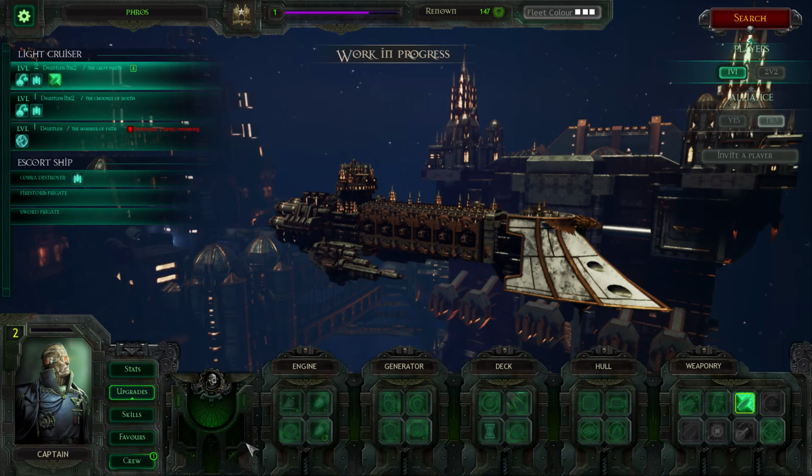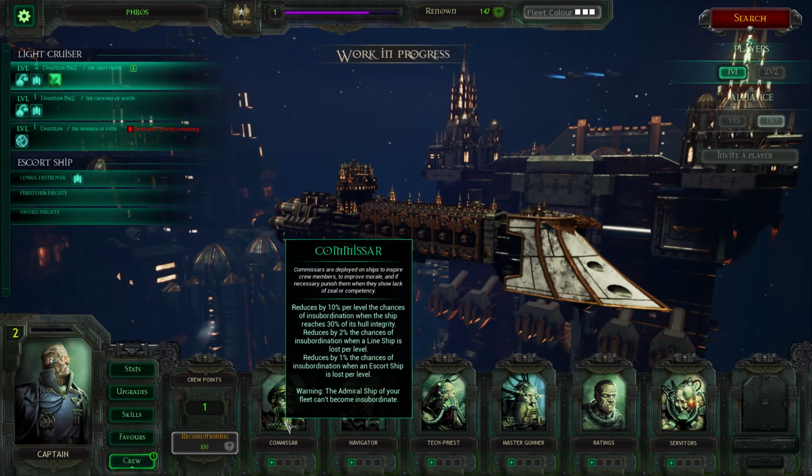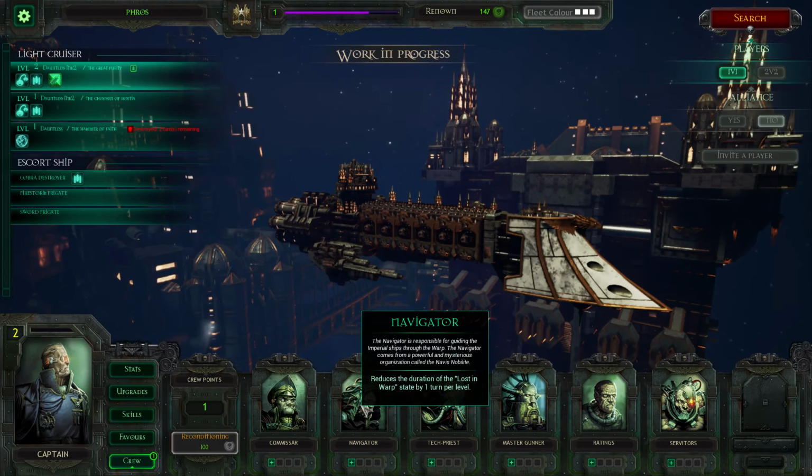Now, the other thing we can do at this point is upgrade our crew. There's five different members of the crew, or representatives of members of the crew. You've got the Commissar, and in general what he does is he stops your ship running away from the fight, and there's different triggers that can cause it to do that. The other thing to bear in mind is you never need to bother upgrading the Commissar on your flagship, because you're in charge of it and you're not a coward. Since at the moment this ship is my flagship, I'm not really going to bother too much with the Commissar. The Navigator, I think, is really there for the single player campaign